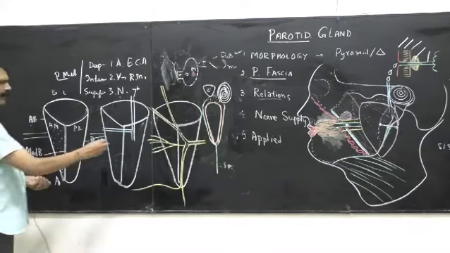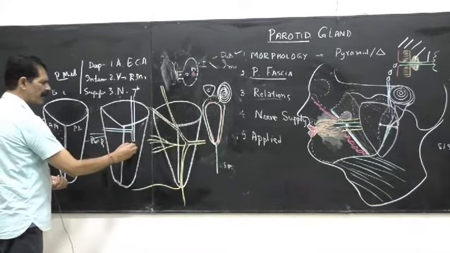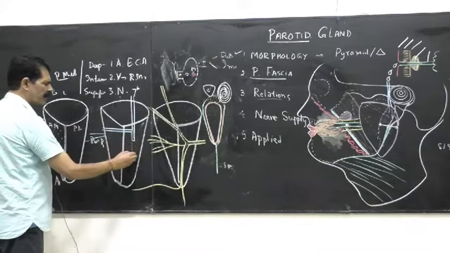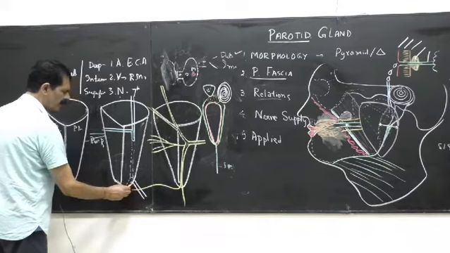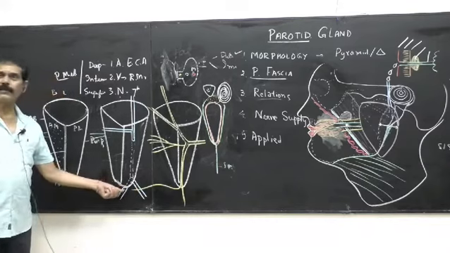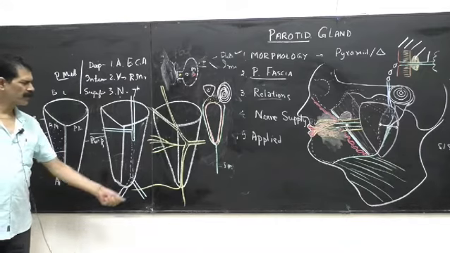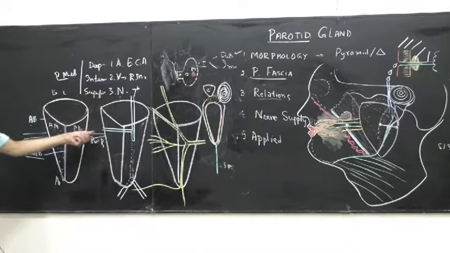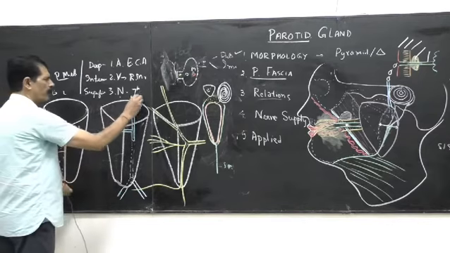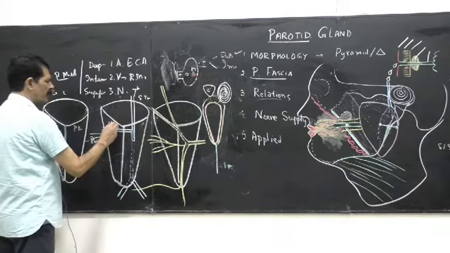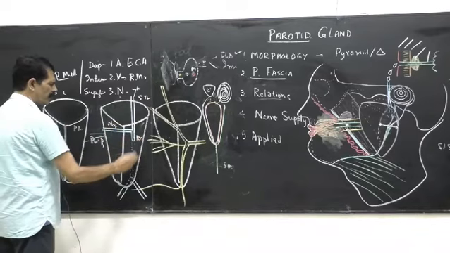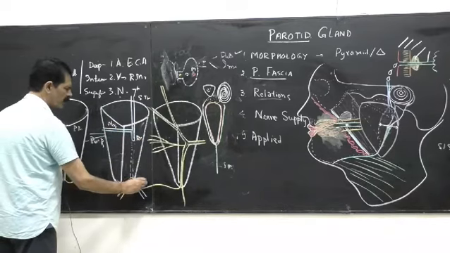So this is the vein. The retromandibular vein enters and then it traverses into the gland, and just below, near the apex, it will divide into anterior division and posterior division. So the anterior division comes out near the apex, and this is the posterior division. So you have to make this diagram and label it. Superficial temporal vein, this is the maxillary vein, and this is the retromandibular vein. This is the anterior division, posterior division.